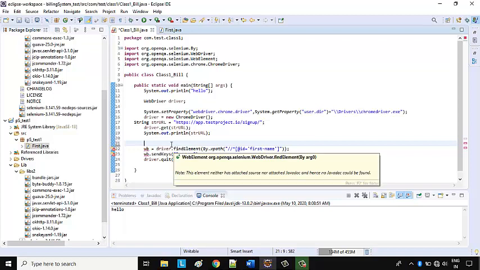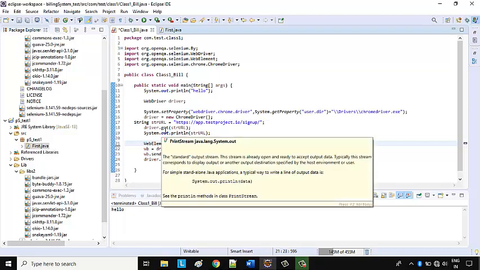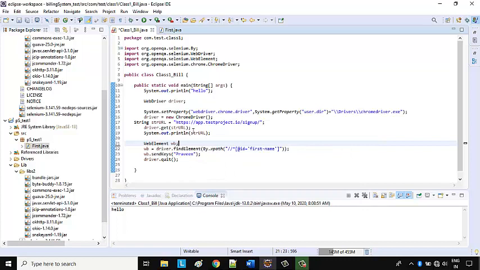Okay, so here is the WB. So the web driver element has been defined, so we have to use the web element and WB. What it will do is add the web element import. So in the imports you can see import org.